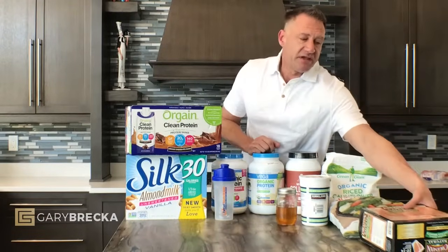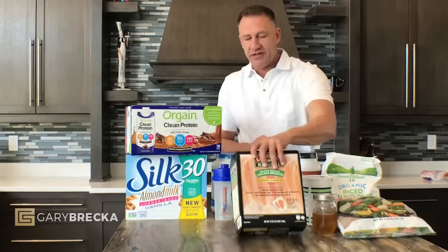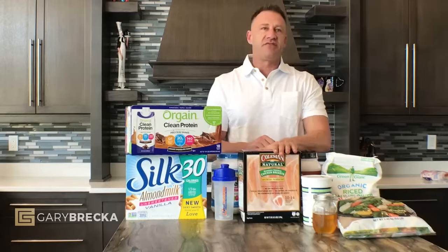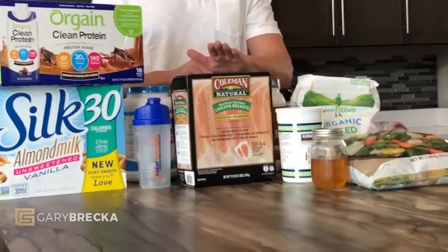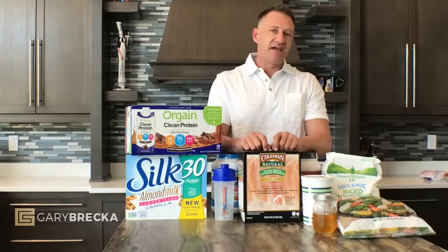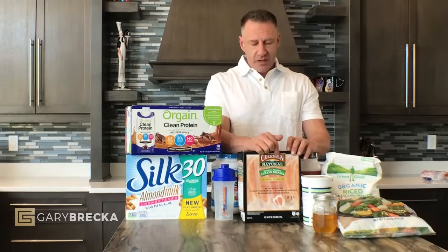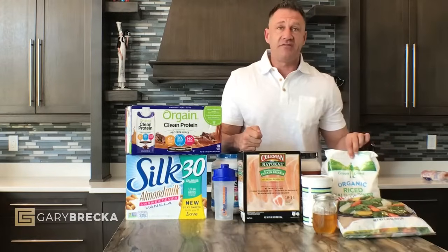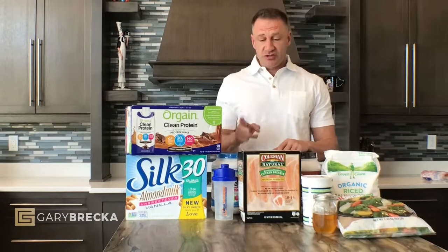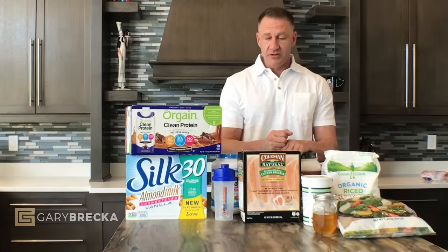Last thing, you can get chicken breasts many different ways at Costco. They have a Coleman Natural brand there, it's 99% fat free. It has no salt, no hormones. They are fed organic grains, not quite as healthy as pasture-raised chicken. So if you can get pasture-raised chicken, it's a little bit better. But these are in individual packets. You can take these things to the office. Take a couple of these packets to the office with a bag of vegetables and a bag of cauliflower rice, and you've got yourself 2 nutritious meals for your lunch and your post-lunch, pre-dinner meals, so that you are not